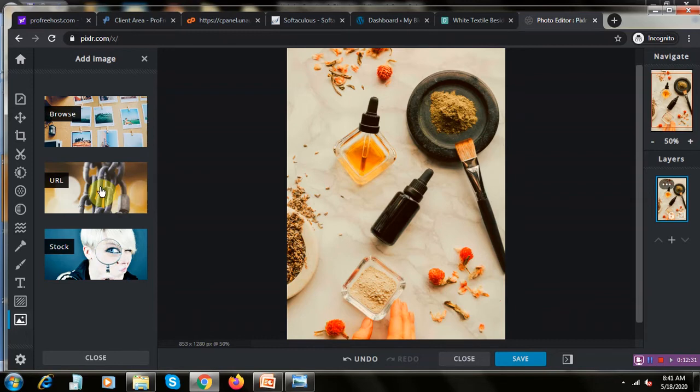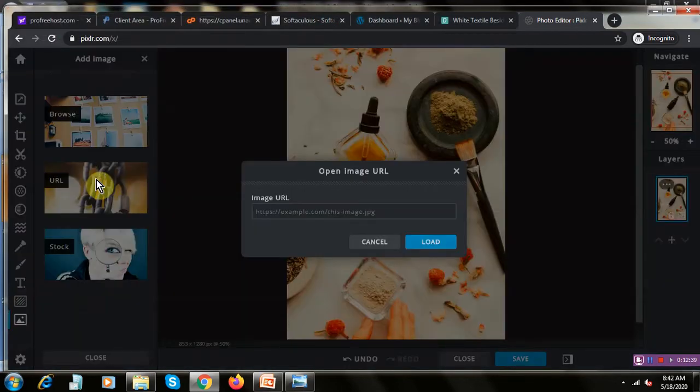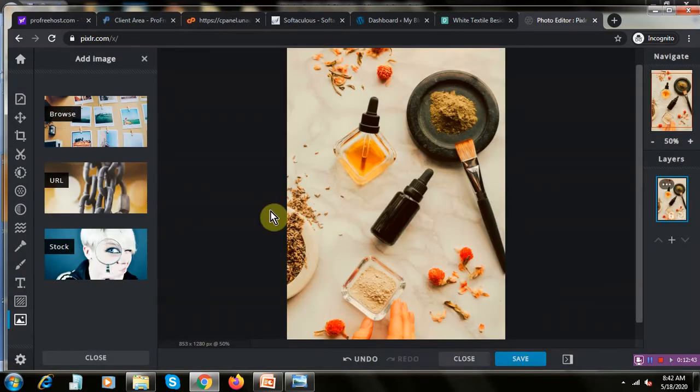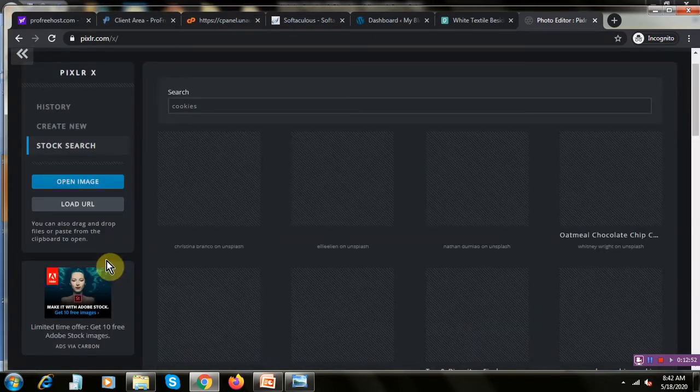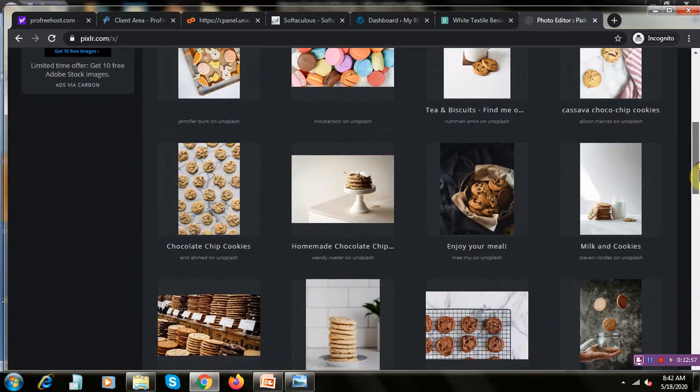If you want to add an image, you can also go ahead and add an image. You can browse from your system or wherever it is available, or if you have a URL, you just have to type the URL, then it will automatically get added here. Or if you have stock photos, which means your library is full of photos, you can always add it, or the stock photos that are available here as well.